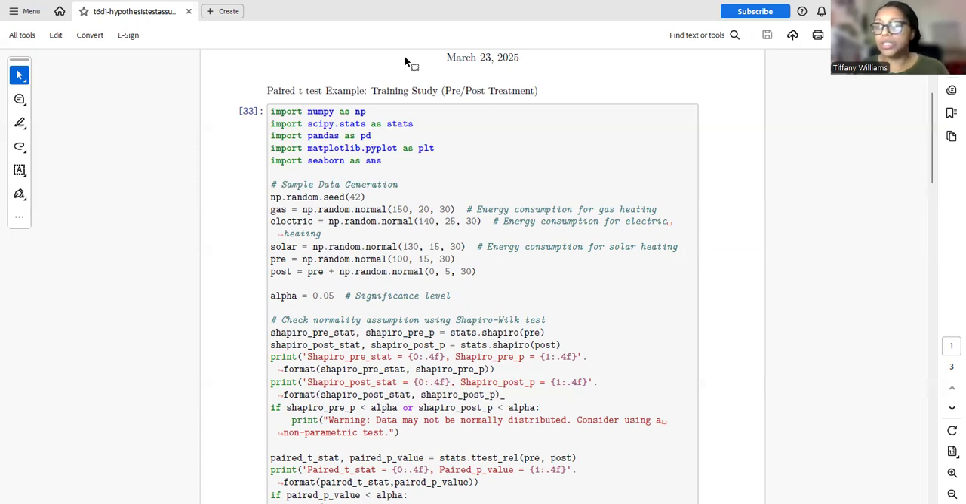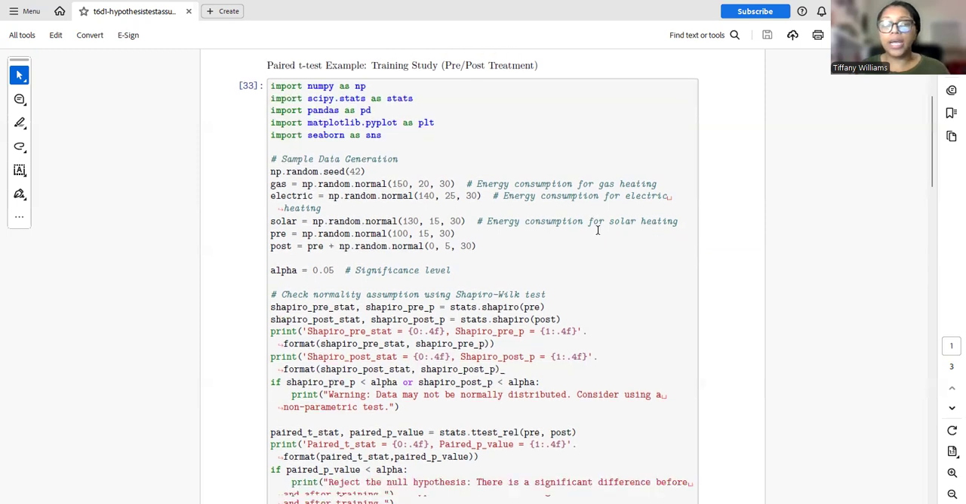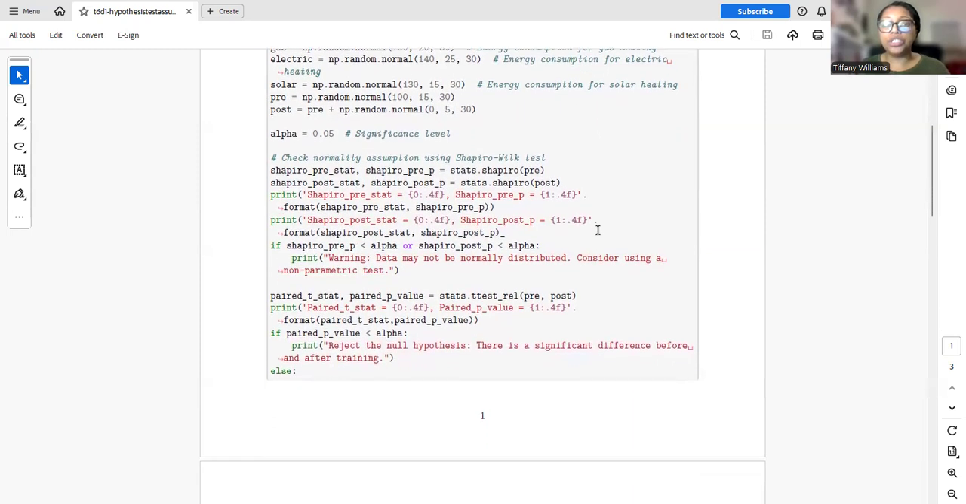So one of the assumptions that we generally make in using paired samples is that the data is normally distributed. There are options to use non-parametric tests when they are not normally distributed, so we should first check for that normality. To do that, I use the Shapiro-Wilk test to test for normality of the pre and post data